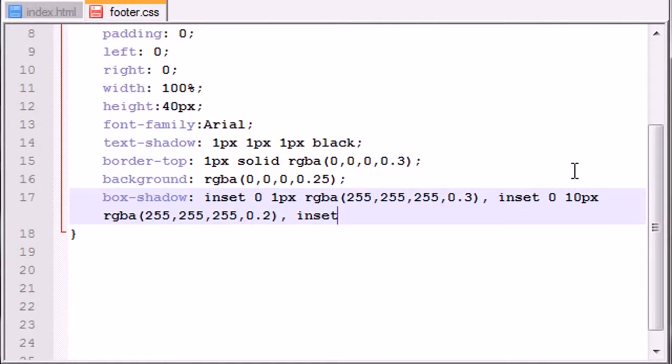So now what I want to do is add 2 more shadows, so they're going to be kind of the same. So inset 0 10 pixel 20 pixel RGBA